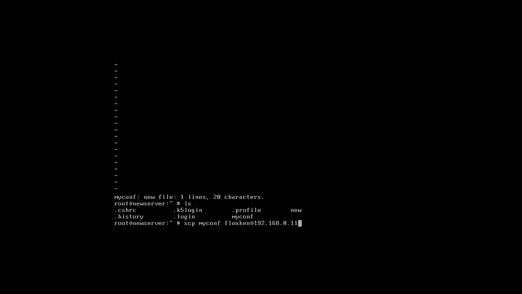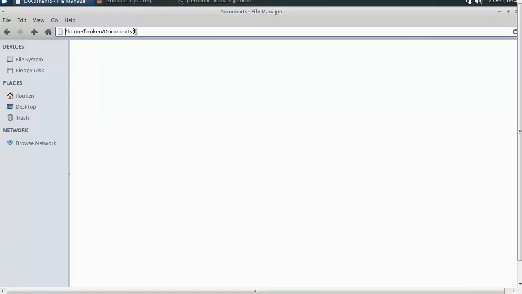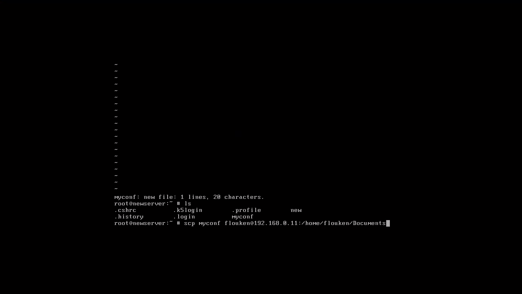And then what we need to do directly after is to specify the path on the remote host, which is the Linux machine here. So make a colon directly after, then the path to the machine. I think it was home fluken documents, and let's see to be sure here. Home fluken documents should be right. This should be enough if you just want to copy this over. If I press return now,